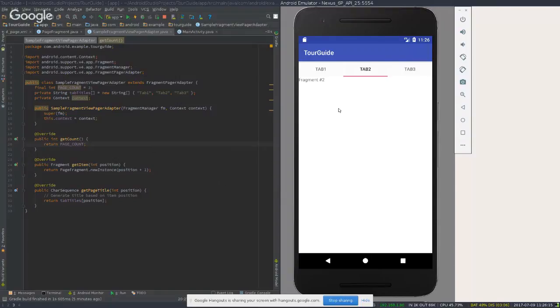Generally speaking, in a lot of programming languages, and specifically in Java, array indexes start at 0, and lists generally also start at 0. So this is element 0, index 0, index 1, and index 2. You see 3 tabs, but the last one is index 2. Now,